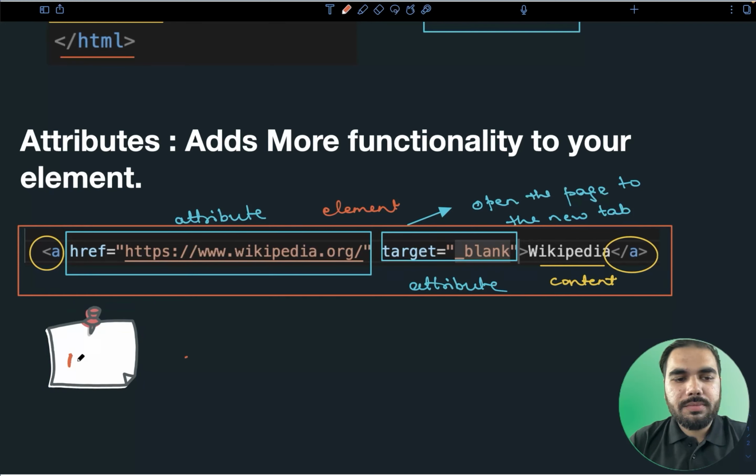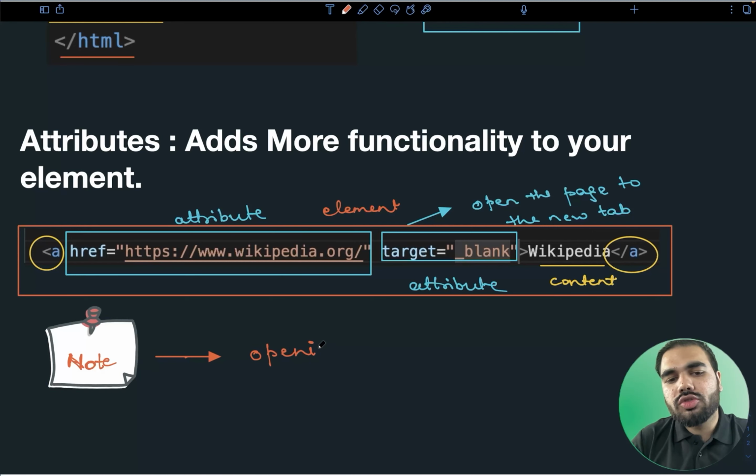The note is, if you observe it carefully, the attribute that you are passing, you are passing it inside the opening tag. So it is compulsory to add an attribute inside an opening tag. Whenever you add an attribute, you always add it inside the opening tag.